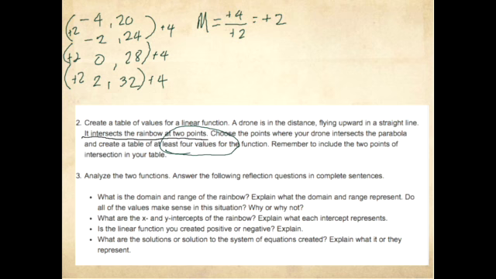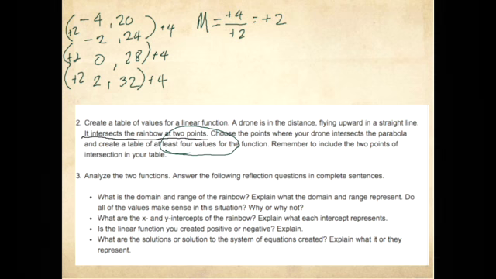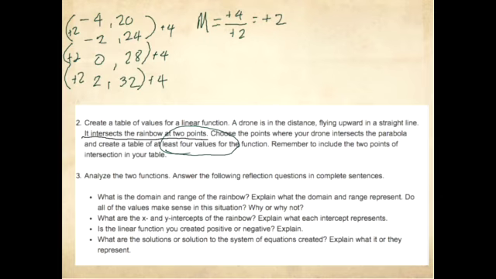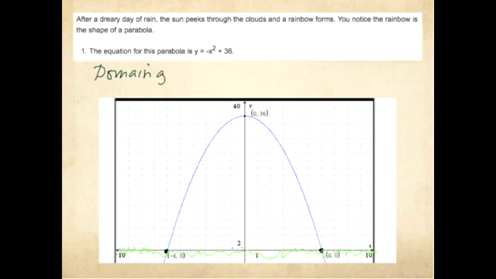Okay, so that's how I have proven that my drone's path is going up. What is the domain and range of the rainbow? Explain what they represent. Do all of the values make sense in this situation? Why or why not? Okay, domain goes